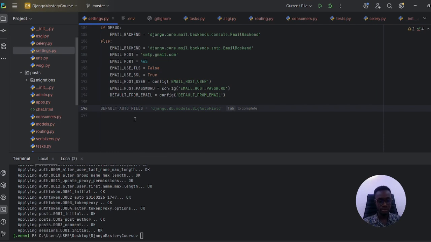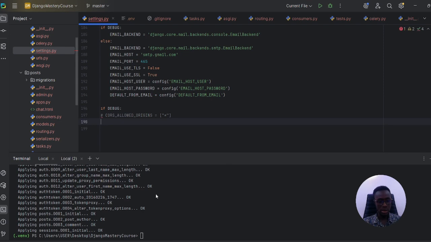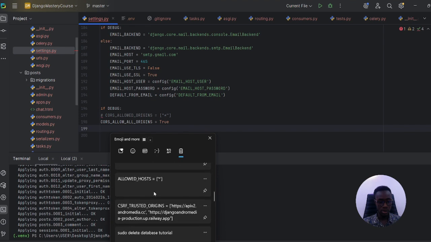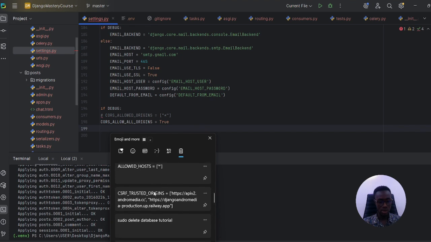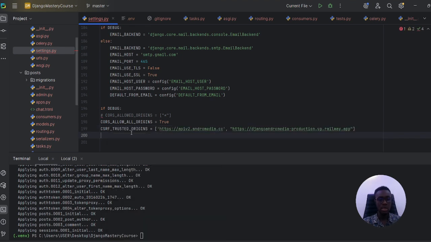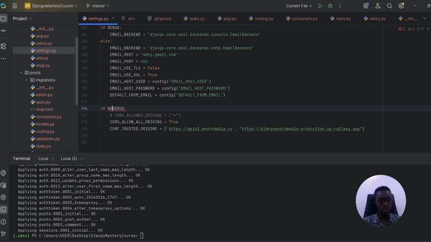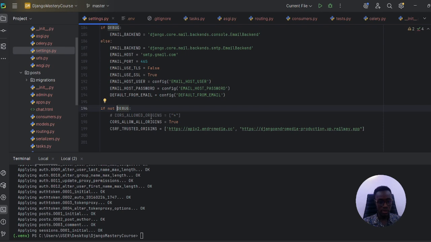Now, there are some other important features that we need to configure. There are a couple of them. So we're going to look at these. We've done the allowed hosts. There's also CSRF settings and all of that. So if not debug,